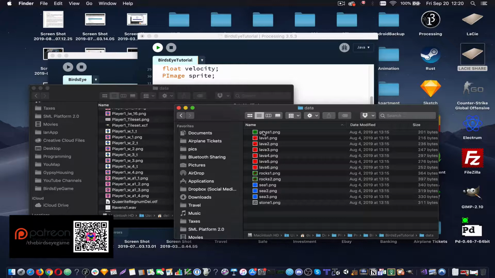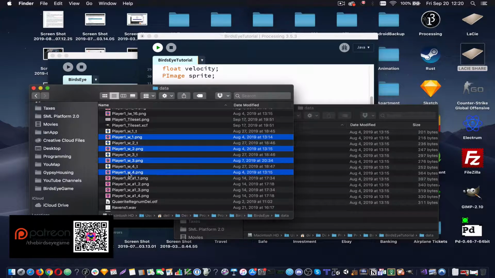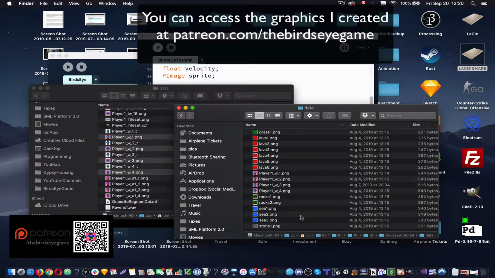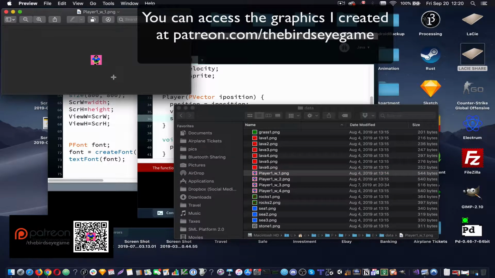So this is the data that our program uses so far, which is just the map tile. So we need to add player tiles to it. Actually, I have 4 player tiles here that I was using in the original version of this program that I made. So I'm just going to go ahead and copy those in. I'm just going to use the first one here. If you can see, it's pretty